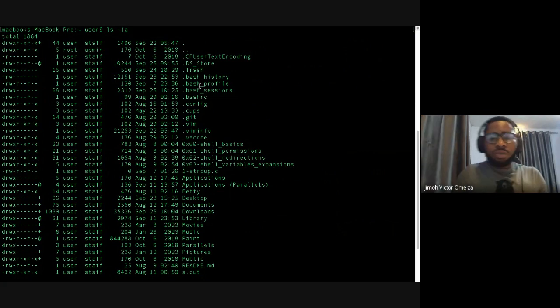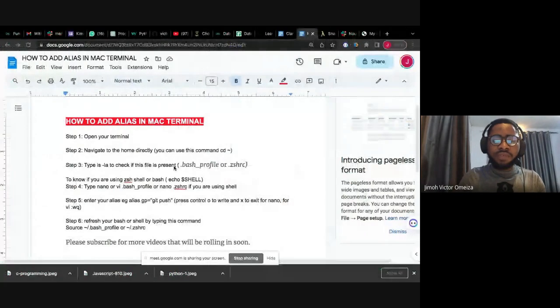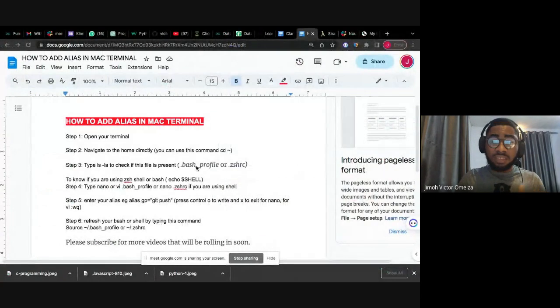All right. So now this is my bash profile. My alias is written inside this file, .bash_profile. Now I am using .bash_profile because I am using bash. If you are using .zshrc, if you are using